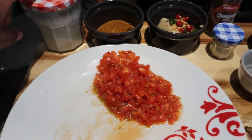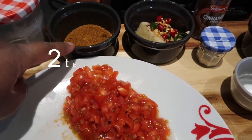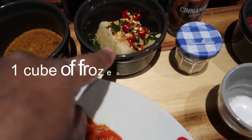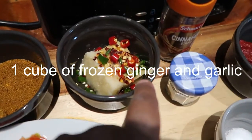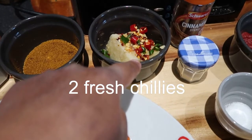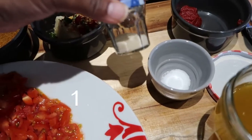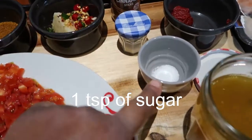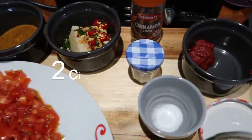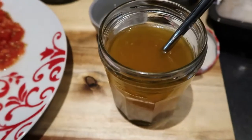But this is 250 mils of coconut cream, 2 tablespoons of hot curry powder. I've got some frozen ginger and frozen garlic. You don't know if you'd be able to see it in the corner there. And I've got some dried chili flakes, a pinch of salt, and some fresh chilies as well. I've got a spoonful of sugar, another pinch of salt, some tomato puree, cinnamon sticks. I'm going to use 2 of the cinnamon sticks, some chopped, 1 large chopped tomato, and 250 mils of vegetable